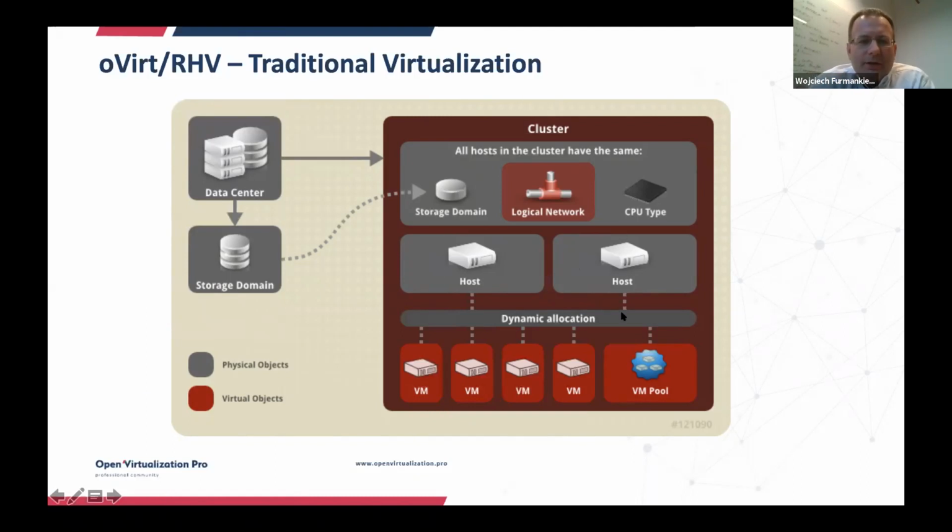So this is a very classical approach. We have virtual data centers, storage, clusters, hosts, and it gives us high availability of the virtual machines we are running, right? You can use this platform for anything, but in particular it's very good for stateful workload. Okay, so if I would like to compare, oVirt and Red Hat Virtualization is like Hyper-V or VMware, yes? Or even better in many areas, yes? It is better actually, but yeah, you can.